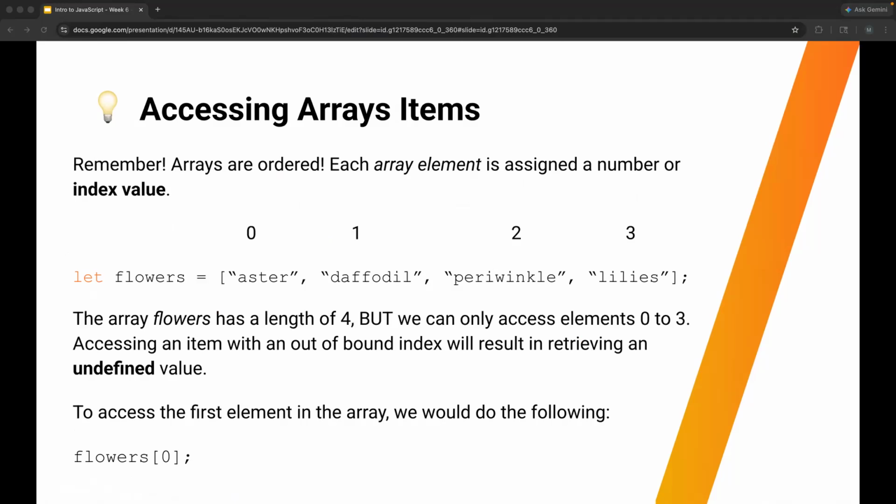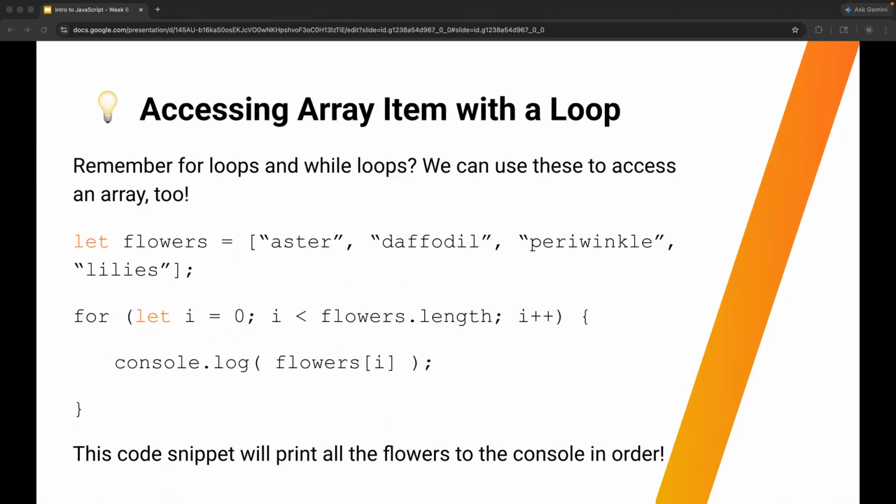Next slide. So if you want to get an item from the array, it's similar syntax to what we saw before with the strings. You have the name of the array and then your square brackets and then whatever index of the item you want. Arrays, like most things in code, are 0-indexed, so you start with 0 and then count up. So while the length of your array, in this case flowers, is 4, you can only access up until 3 because it starts at 0. So go 0, 1, 2, 3. And if you try to access an item at an index that is greater than the max index,